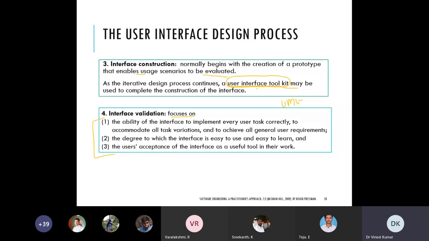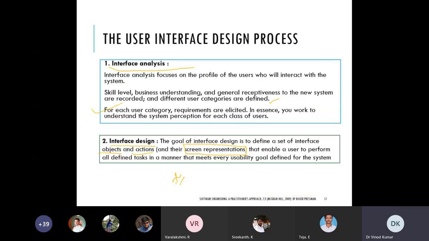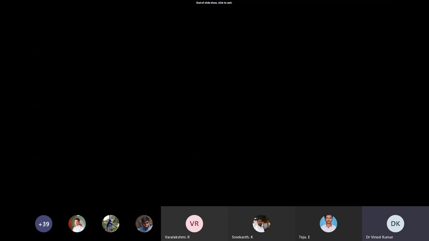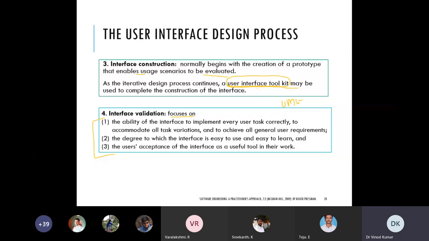So we are ending this topic, the user interface. We can have a recap of what we have covered in this class. What is the meaning of the user interface?